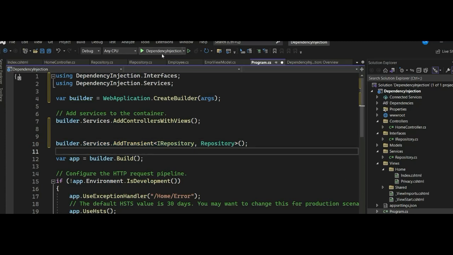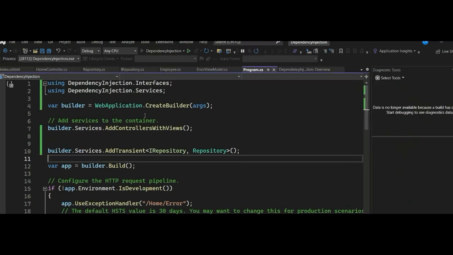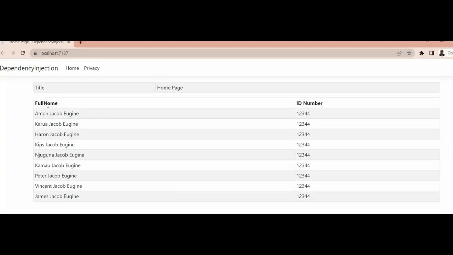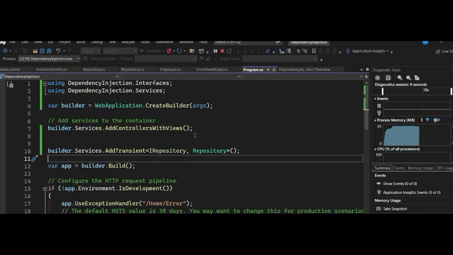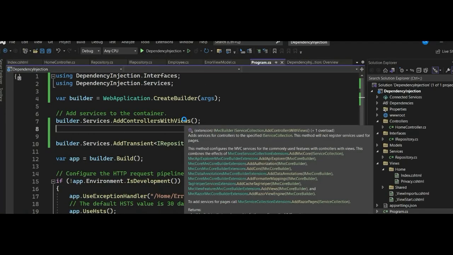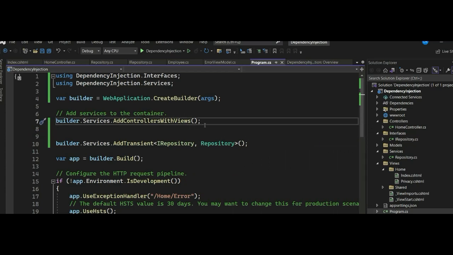So if we now launch our application, we don't expect any error. There you are. You can see we now have our data, the employee records that we created. So we have now done a dependency injection and have a loosely coupled controller and Repository class. Supposing later during the development phase, we rename the Repository class, this one,